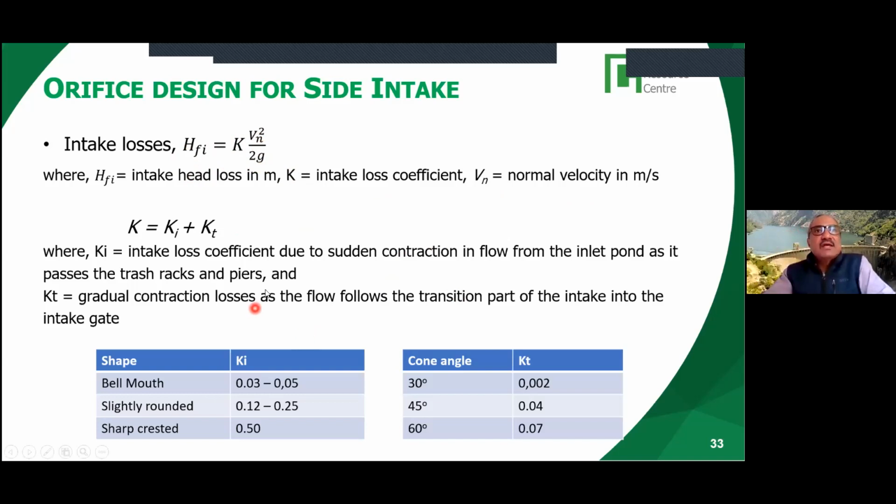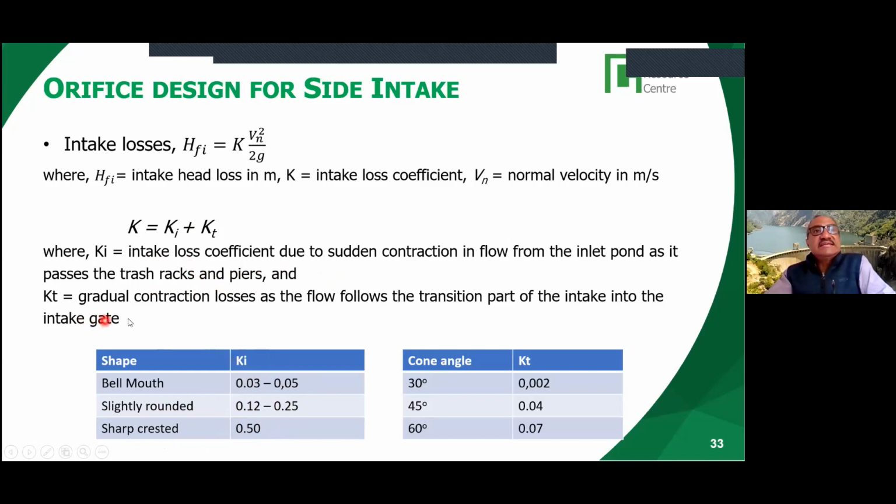One is the coefficient due to sudden contraction in flow from the inlet pond as it passes the trash racks and piers. When you have a sharp-crested shape of the intake,